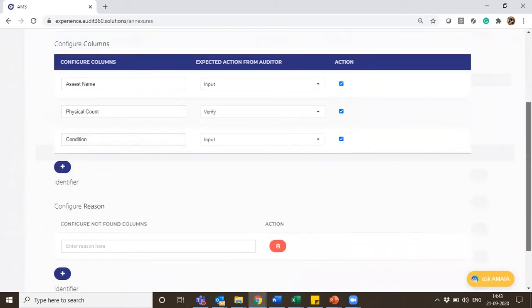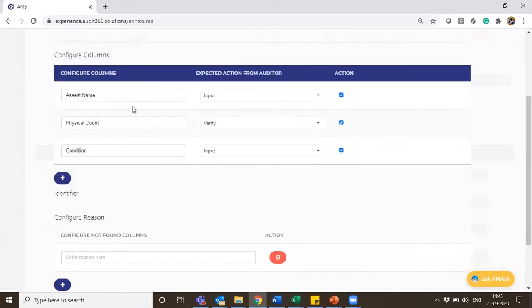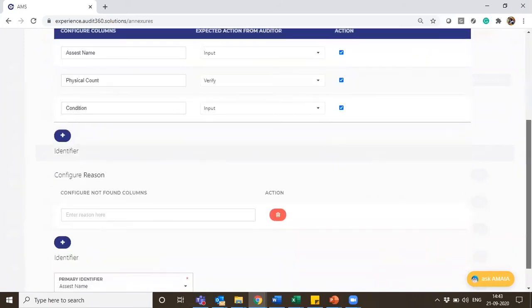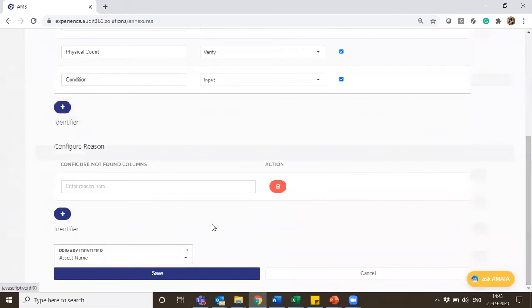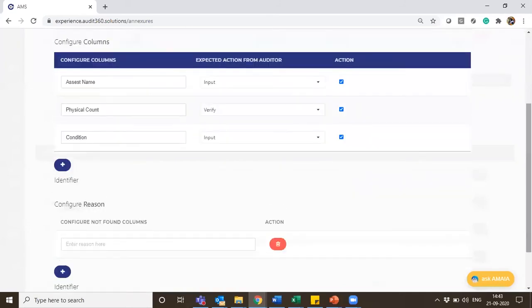When I'm creating a column, I also have to tag which would be a primary identifier. The reason is that when we are doing an annexure definition, we also have to inform the system what would be a common factor used as a sample when we are doing audit execution. So in the case of physical assets, either the asset ID or the name of the asset would always be the primary identifier basis which the verification would be done.